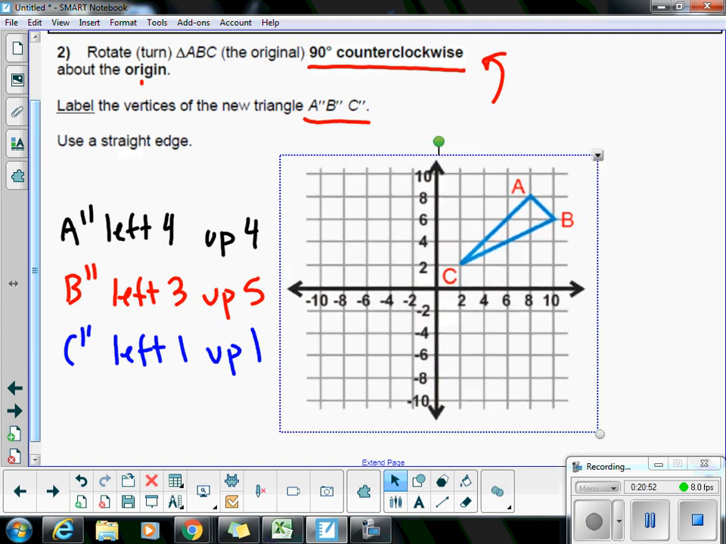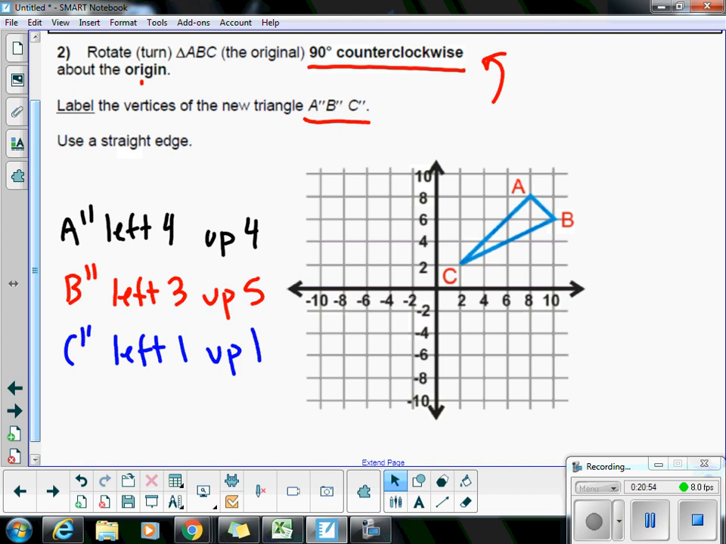And starting at the origin, I'm going to go plot all these points. So A double prime is left 4 boxes, up 4 boxes. So A double prime. B double prime is left 3 boxes and then up 5 boxes. So that's B double prime. And C double prime is left 1 box, up 1 box, and we are done. We connect our points and we have rotated this triangle